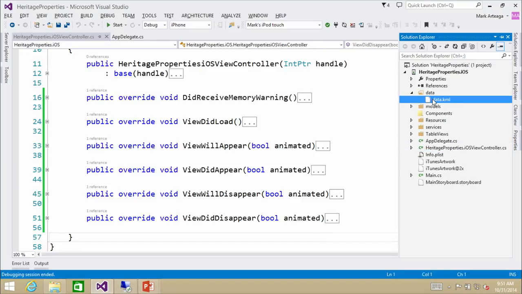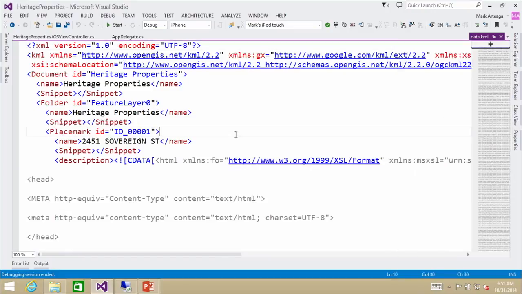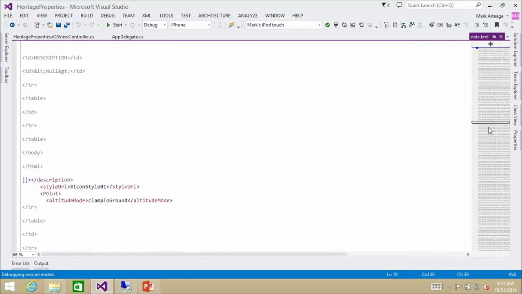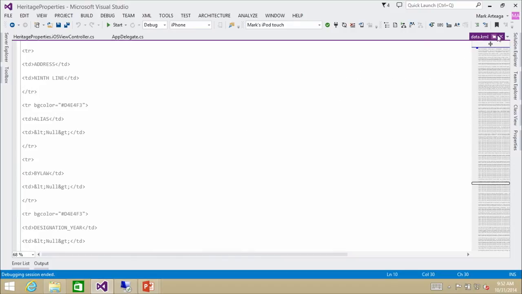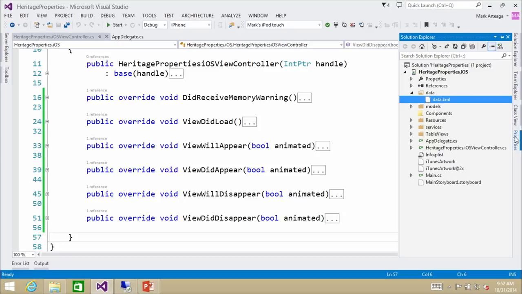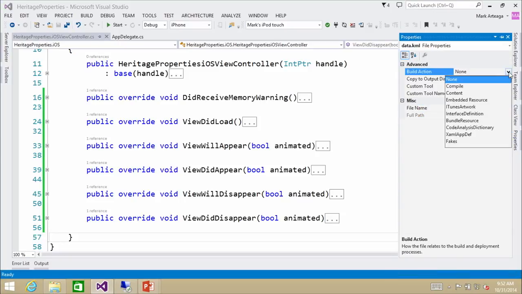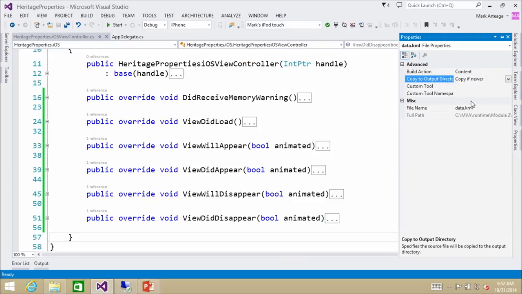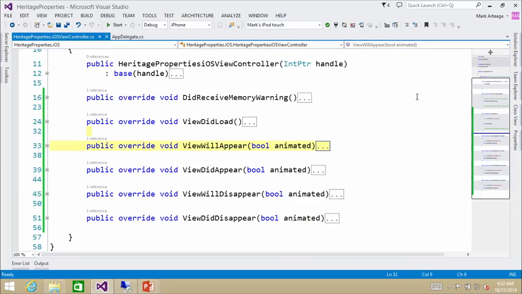So we have a data file, and it's a KML file. It's about 1.5 megs in size. So you see here, this is all the KML data that we have that we want to display. Now KML is just like a mapping. Yeah, it's just XML essentially, but it has some lat longs in there and some details of the locations. So we want to make sure that is set to build action content. And we're just going to say to copy if newer. So once that is in,